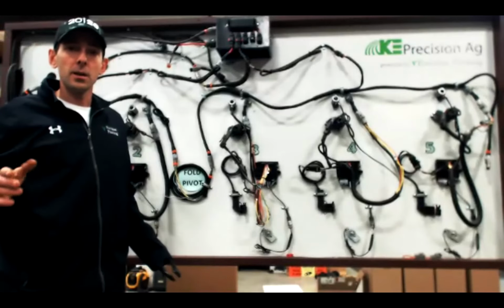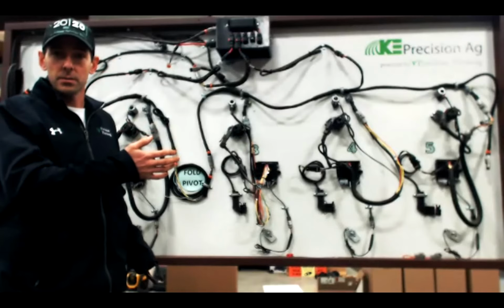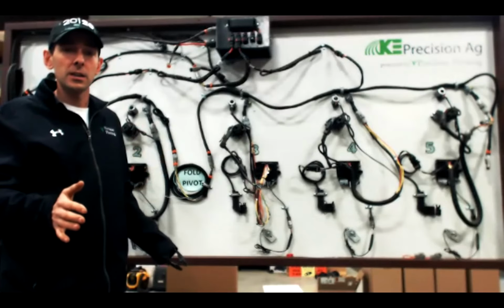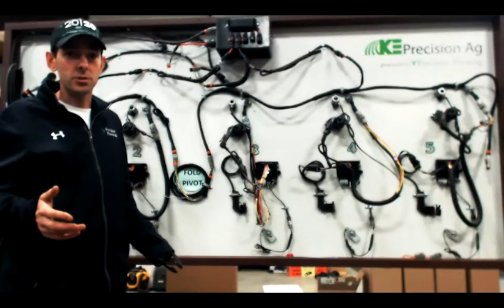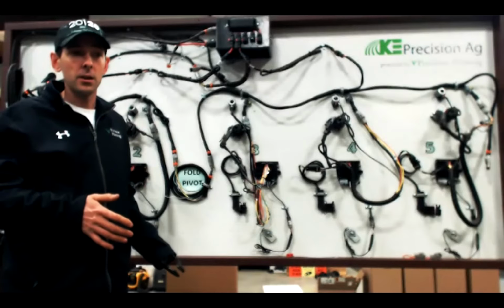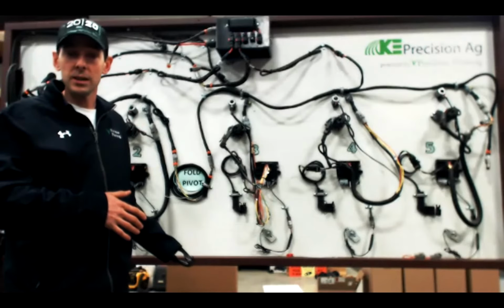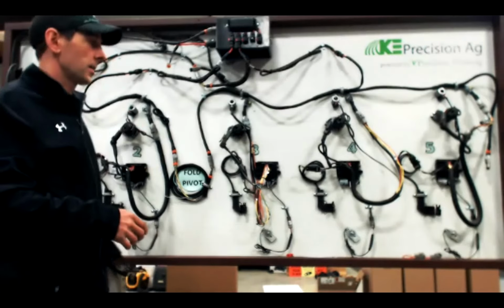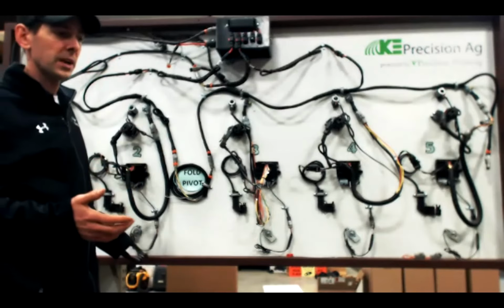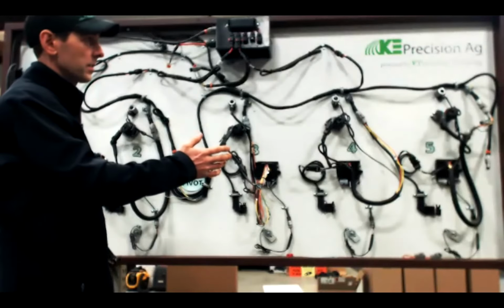Okay, here behind me is a 5-row planter setup for an SRM system, and I just want to explain the harnessing structure because it is a lot different than our traditional planter. Power comes in from a different point than CAN communication does. So I think it's very helpful, from a basic level, to understand the path and the communication of a SRM